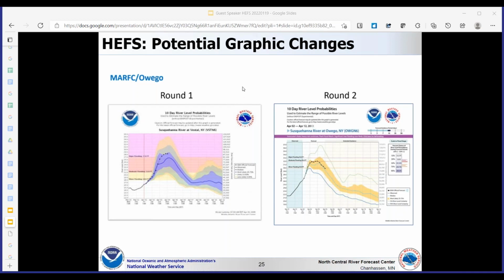Okay, so I'm going to talk now about some potential changes to the graphics. The Nurture Nature Center has a contract with the National Weather Service to look into the best way to create and display graphics for the greatest understanding. They've been at this for the past couple of years and have a renewed contract to continue for one more